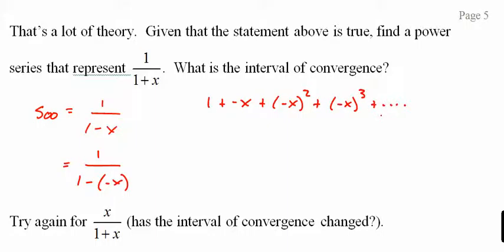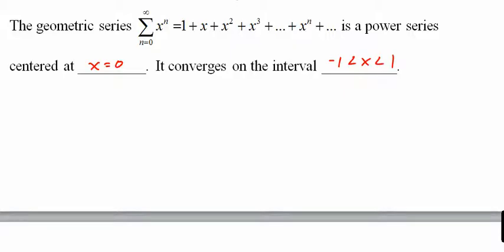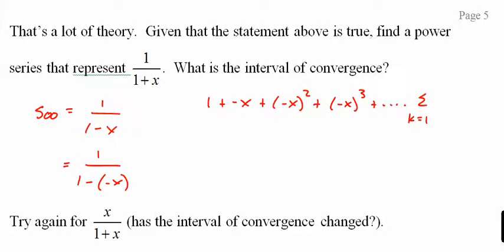I should really write this out properly, something I'm not great at. I'm not terrible at either. Sum from n equals 1 to infinity of 1 times negative X to the